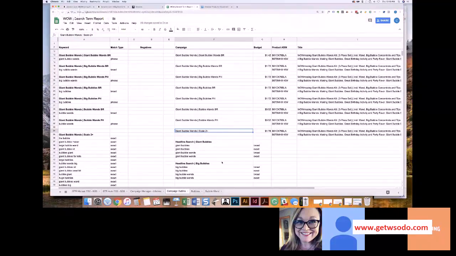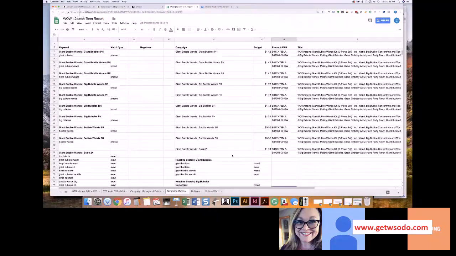I would put those together. I don't think it'd be necessary because, again, we don't know if they just want the wands or they want the bubbles. I don't know that you would do tremendously well on the segments with this. I would start out, if you need to peel a single keyword out later, I would, but I would start out just targeting your headline search ads with these particular products as a secondary step after all of this